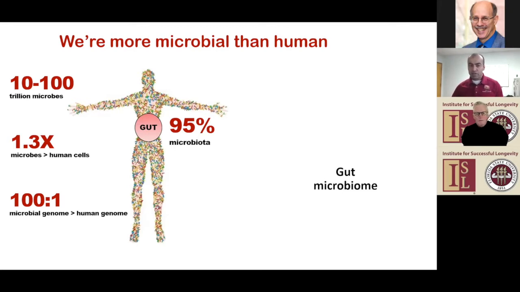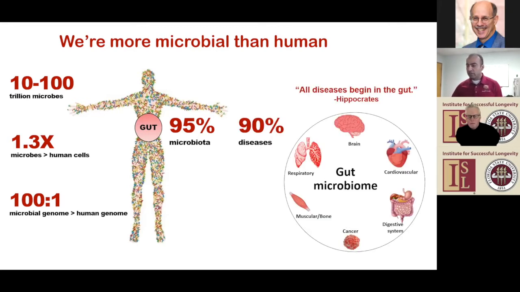And immense research has clearly shown recently that the bugs residing in our gut, the gut biota, have been associated with almost every disease, not only with the gut, but also outside the gut. For example, neurodegenerative problems, cardiovascular problems, digestive diseases, cancers, muscular issues, as well as lung problems. So clearly, the gut microbiome has a direct or indirect connection with a lot of human diseases.